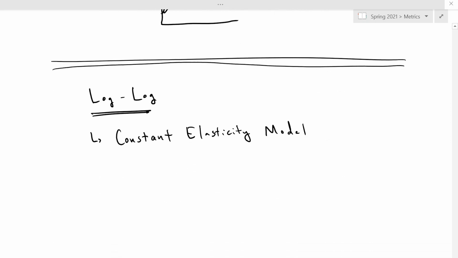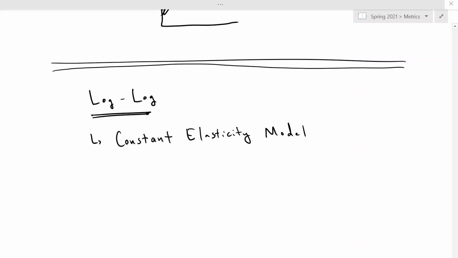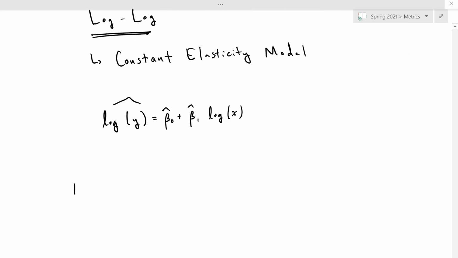We're going to end this series with log-log, where we're going to have a log of y, and that's going to be related to a log of x. It's a nonlinear functional form in x, but we still have a linear regression because we're linear in our beta parameters. All right, and as before, we're going to do this by way of example. The example we're going to use is